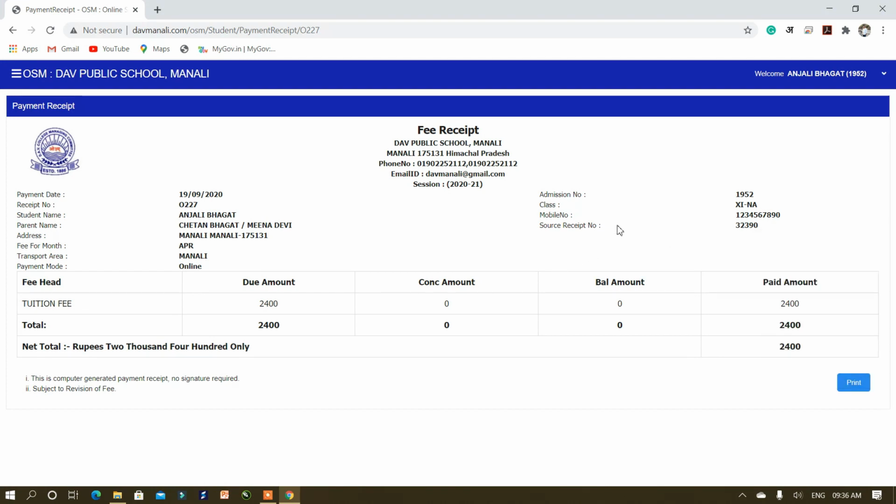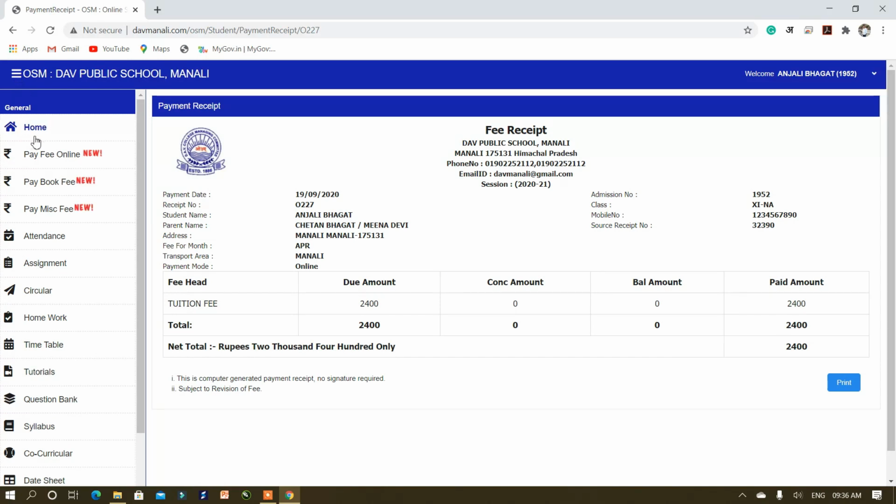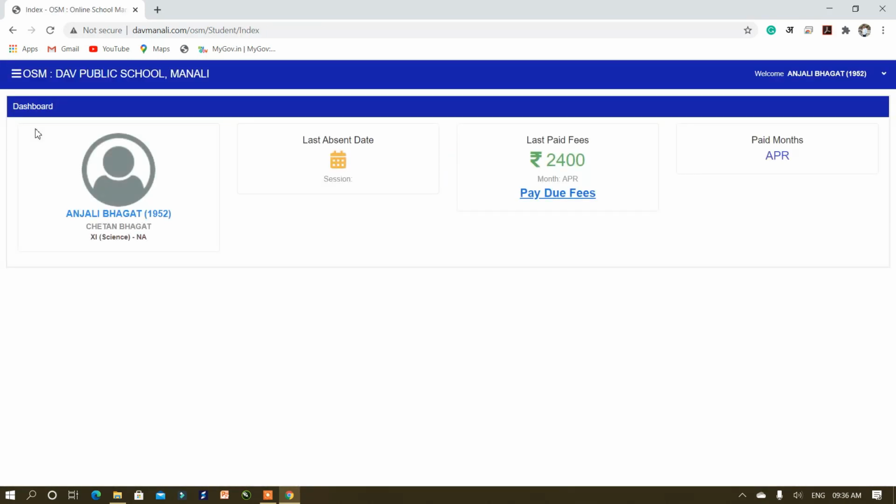So in this way, you have done the online payment. If in case you want to check status of fees, then simply click on these 3 lines and choose Home option. For which months you have already paid or for which months you want to pay. Click on Pay Due Fees.